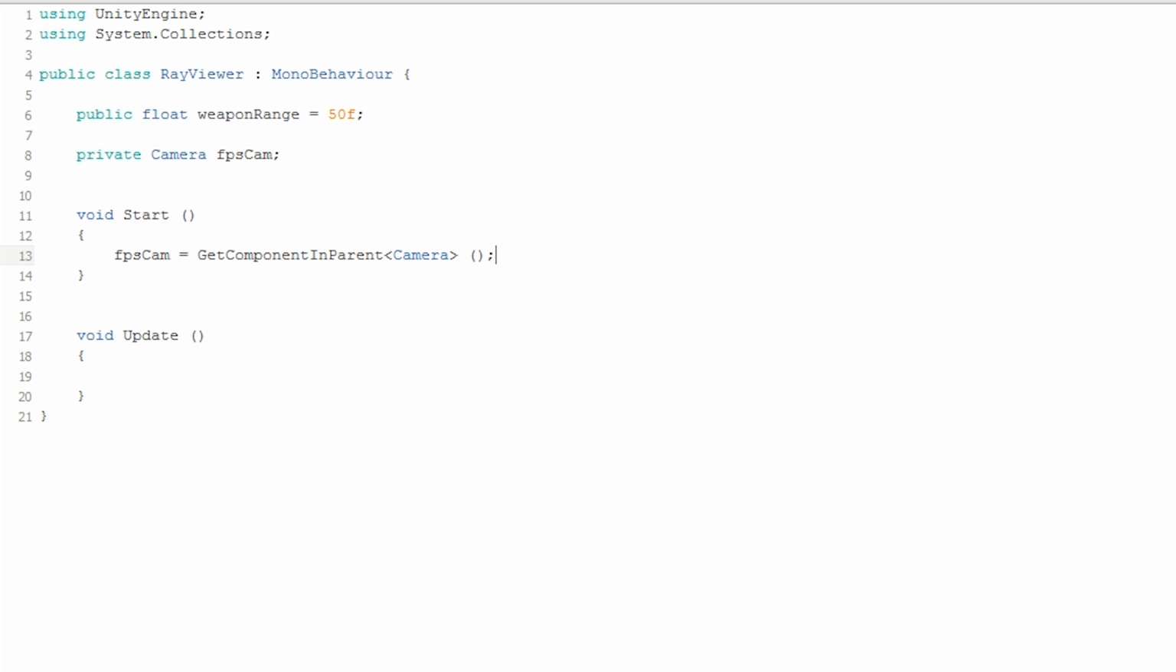In update, first we will calculate the origin point of our line, and then we will draw it using debug.drawRay. To calculate the origin point for the line that we will draw with debug.drawRay, we will use much of the same code we used to calculate the origin of our ray. Again, we will use viewport to world point, passing in 0.5, 0.5 to draw the line from the center of FPS cam. Next, we will call